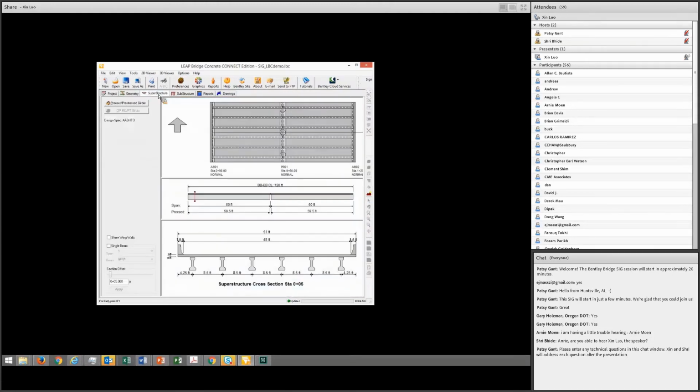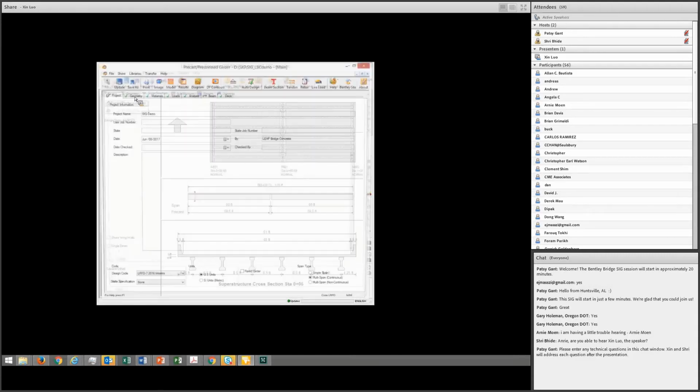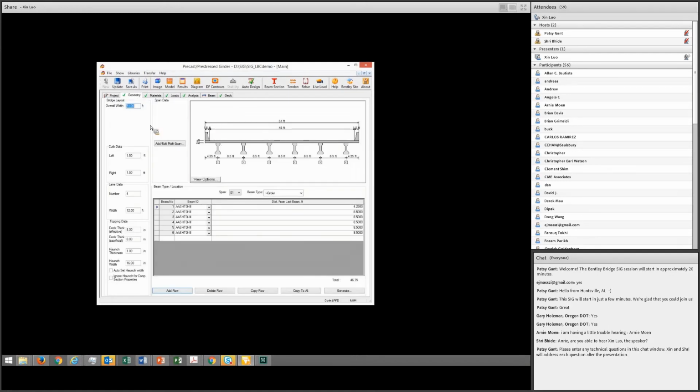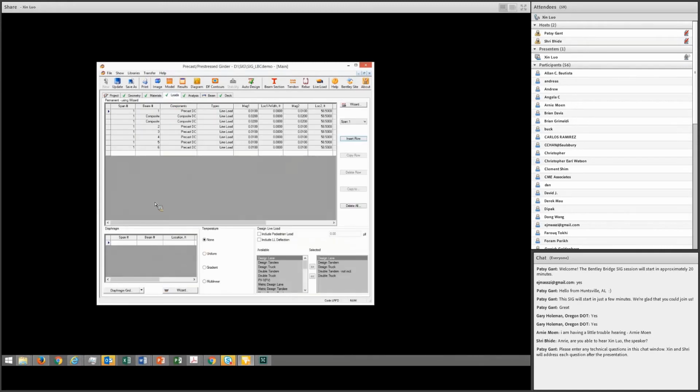So we are going into the superstructure to check or make any adjustment as needed for the mass modeling. So we are going to the superstructure module. So we are using the design code LRFD 7 with 2026 interim. So this is some basic information here, the typical cross section and the beam layout. What we are doing here is the